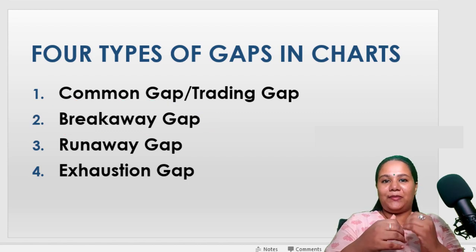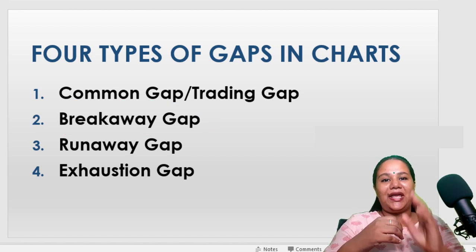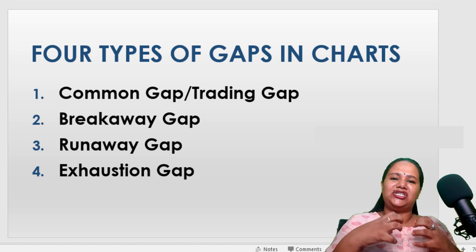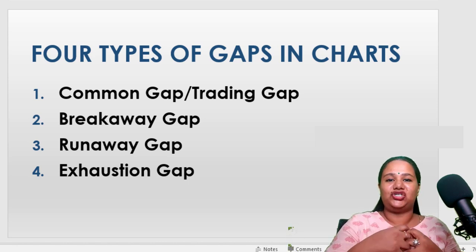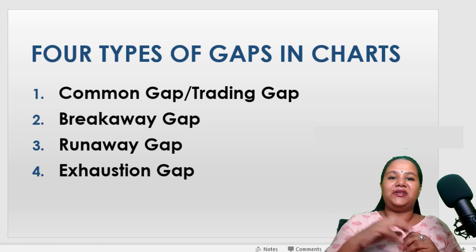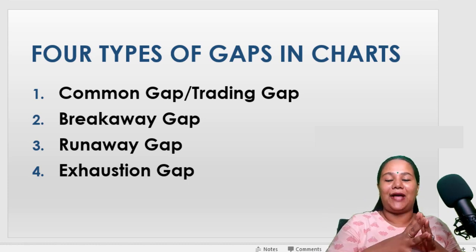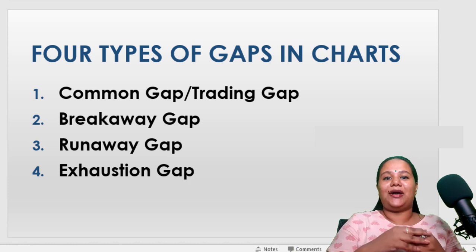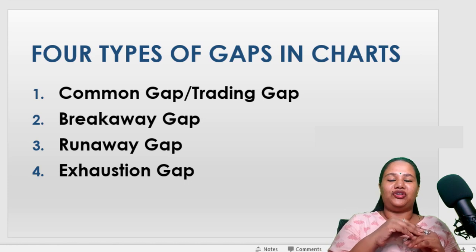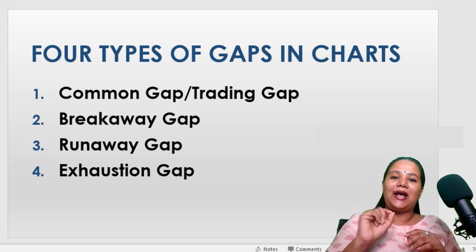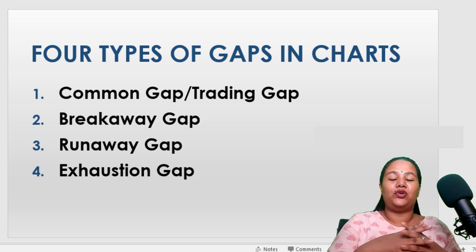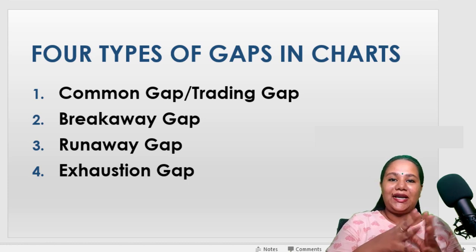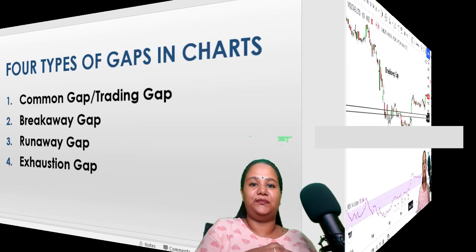So usually when a breakout happens, it normally tries to break the resistance during the intraday time frame. But sometimes what happens is that there is so much interest in buying the stock or selling the stock. When such a situation occurs, a gap is formed, and this type of gap is called a breakaway gap. Usually when this type of gap is formed, the price does not come back to the support or the resistance level to take a pullback, so that we can find an entry there. So if you're someone who is waiting for a pullback to take an entry, then chances are it might be difficult for you to find an entry in this type of stock.